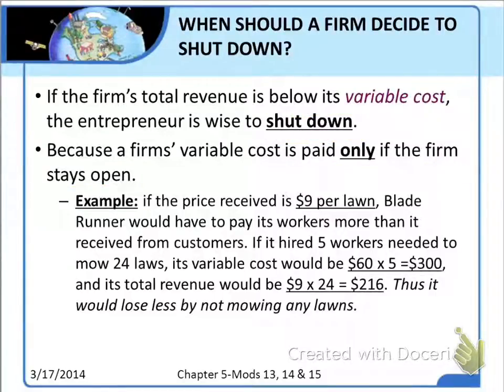For instance, if the price received is $9 per lawn, Blade Runner would have to pay its workers more than it received from customers. If it hired the 5 workers needed to mow 24 lawns, for example, its variable cost would be $60 times 5, or $300, and its total revenue would be $9 times 24, or $216. Thus,